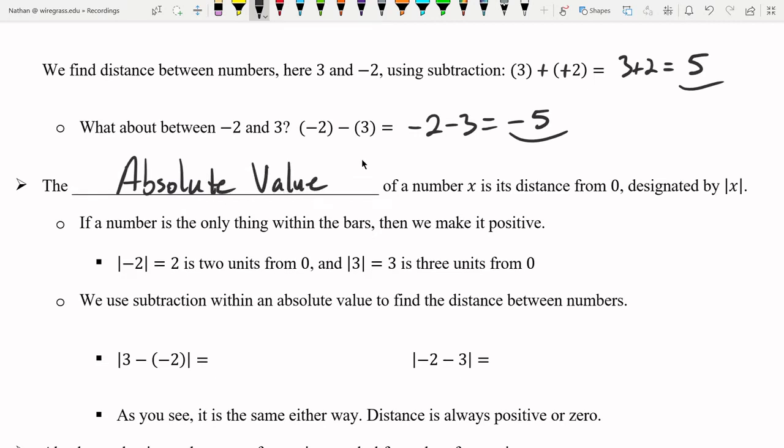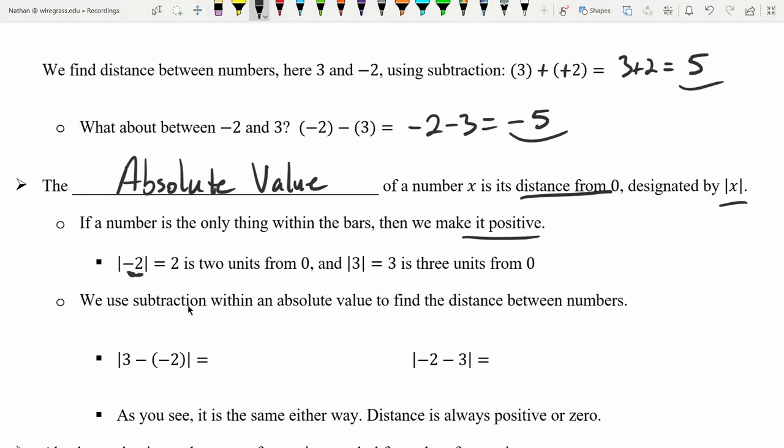The absolute value of a number, x, is its distance from 0. That's the key thing to note here. And it's designated using these vertical bars around it. So if a number is the only thing inside the bars, the absolute value is very simple to calculate. You just make the number positive. So the absolute value of -2,